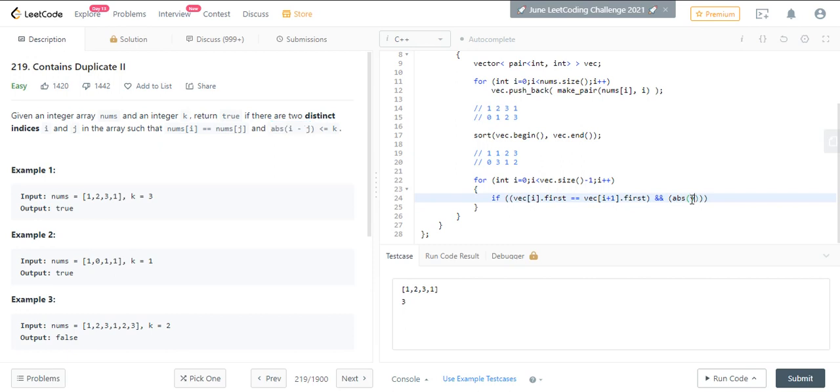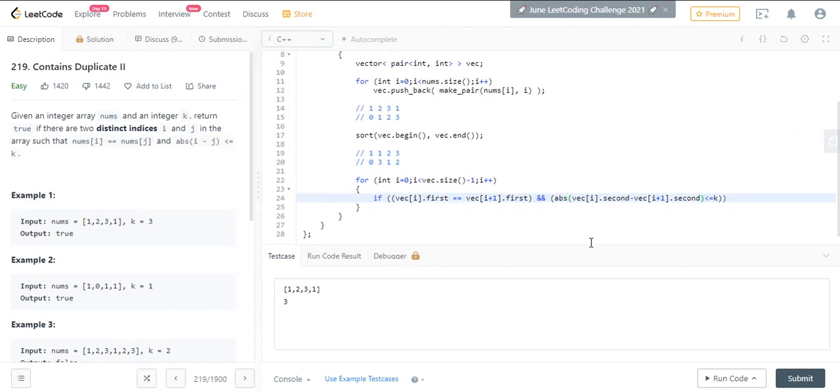So vec of i, we are going to take the absolute value, so it does not matter, dot second, because we have stored the index in the second part. If it is less than or equal to k, only then we are going to say that this is a valid case, which should return true.